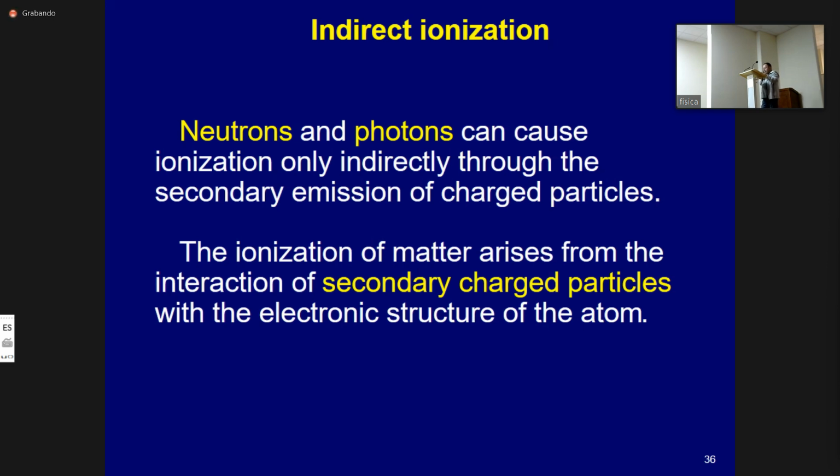transfers energy to matter. Primarily, photons and neutrons pass through matter, losing energy in rare collisions with electrons of the atomic shell and atomic nuclei. The probability of such a collision is low, so neutrons and photons can penetrate matter for a long distance without significant loss of their energy. This radiation is called strongly penetrating radiation.